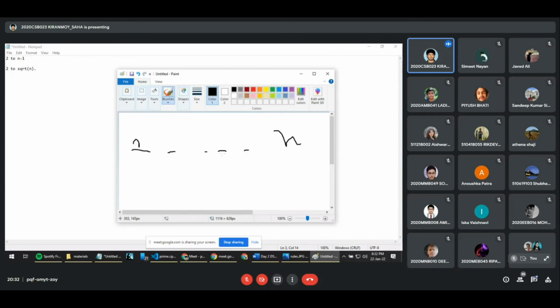So if I assume that there is no factor till root n, then this number will be prime. But how can I say this? Because suppose there is a number root n plus 1, let me assume, and this is a factor of n. But this can never be a factor of n, because